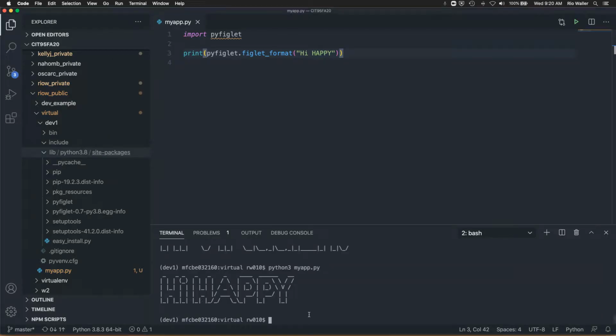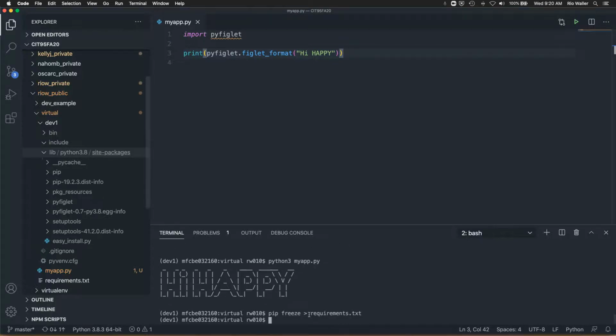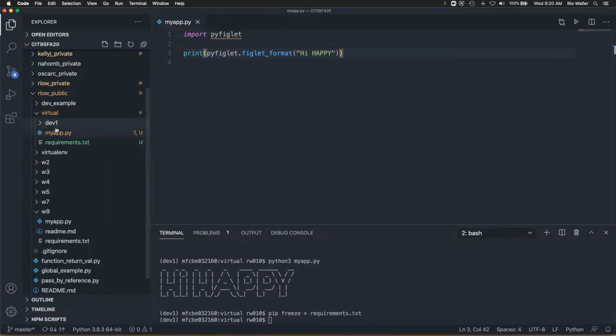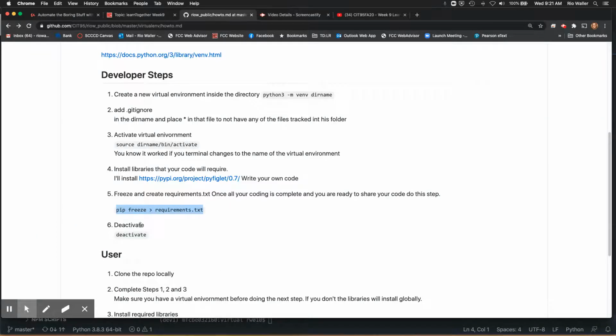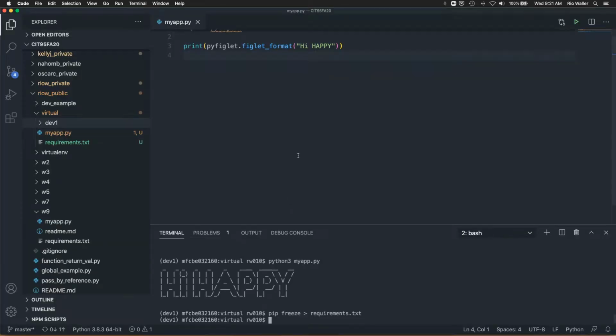So I'm going to do in here, pip3 freeze, boom, boom, boom, remembering I'm still in my virtual environment, and then boom, I have a new file, right? So I'm going to roll this up. So now I have the requirements file. The last thing I want you to do here, well, not last thing, we could deactivate, but I want you to write that user instruction, like how would they install yours, right? So the steps they would want to go through, kind of like what I've done, but for your own code